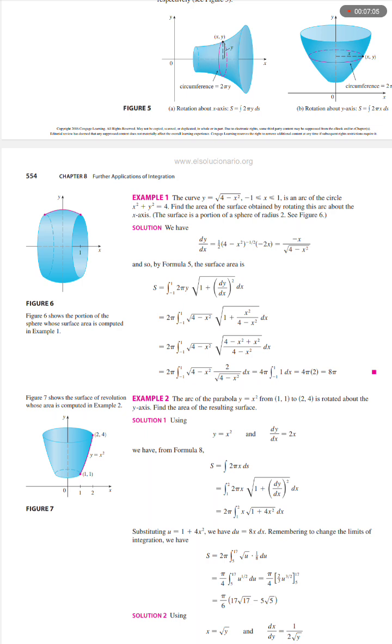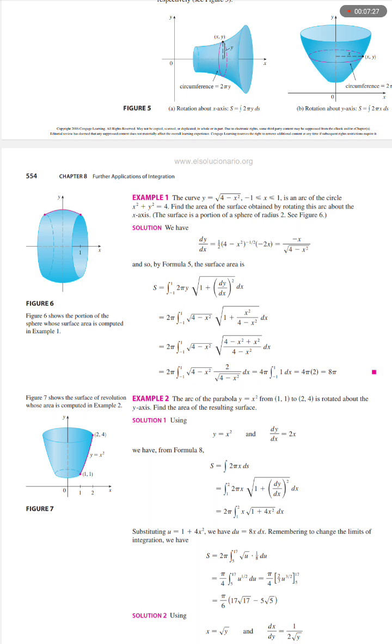Find the area of the surface obtained by rotating this arc about the x-axis. The surface is a portion of a sphere of radius 2. See figure 6. Solution. We have